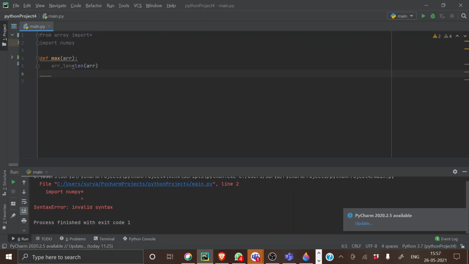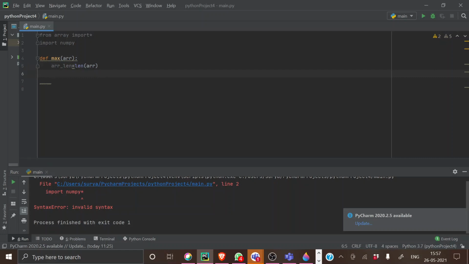For example, if I give 7, 8, 9, 10, that is 4 values, this ARR len will have the value 4, because I've given 4 values. This is just to check whether the list I'm giving has a pair.